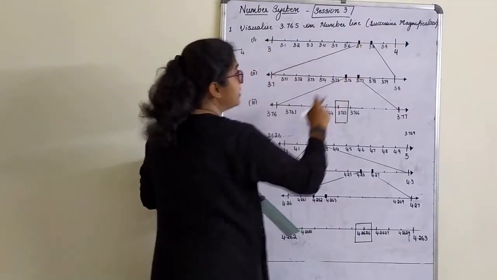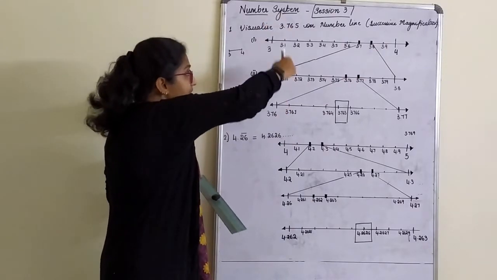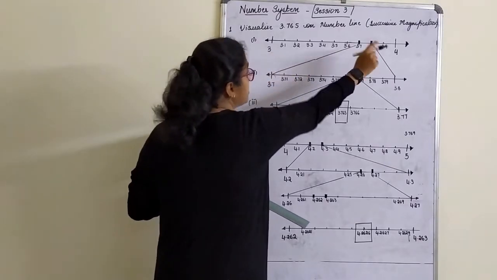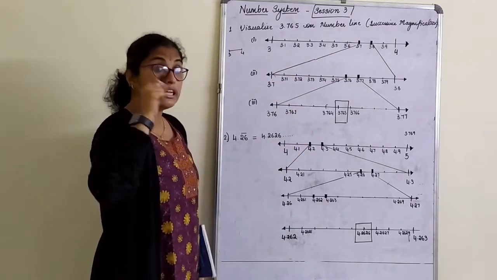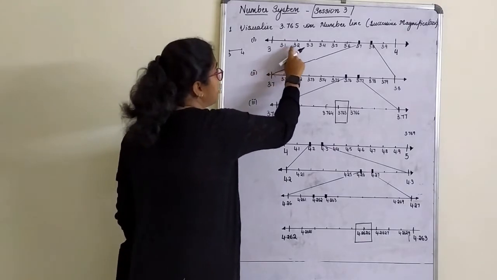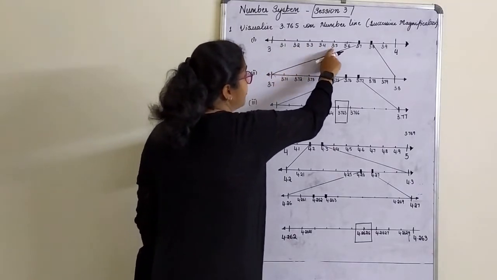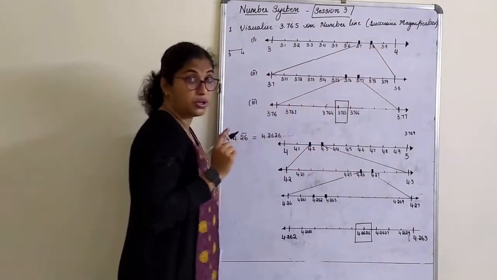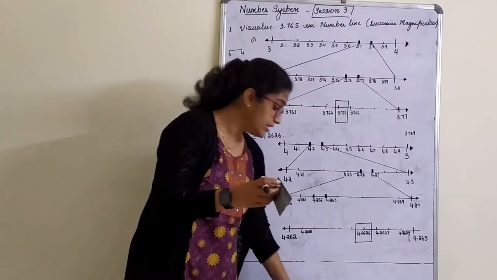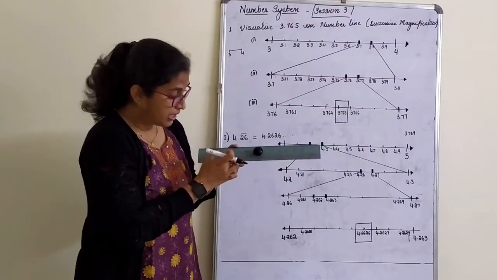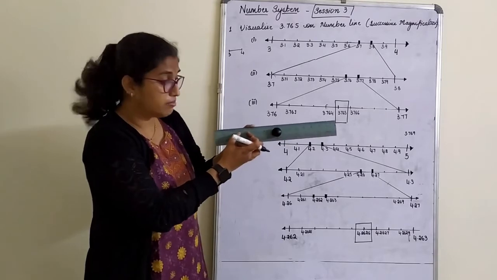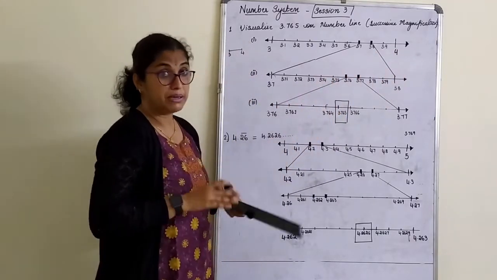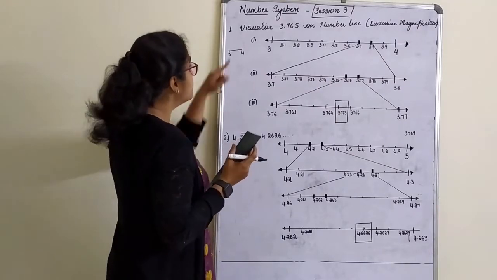So what I do is I draw a number line from 3 to 4. For every centimeter I make a line, so that is what I have done. So this is 3 to 4. How do I measure from 3 to 4? I arrive at 3.1, 3.2, 3.3, 3.4, 3.5, 3.6, 3.7, 3.8, 3.9, and I get 4. I have magnified this 1 centimeter in the scale, from 3 centimeter to 4 centimeter. Only this much, this one I have magnified this big. Got my point? Okay. So that's point number 1.